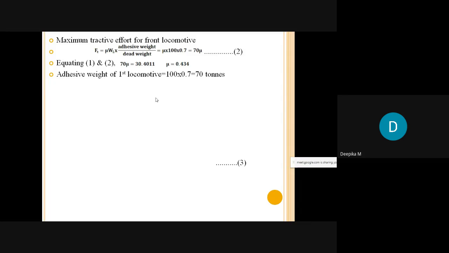So next, what is the adhesive weight of the first locomotive? Because they have told you that the adhesive weight is nothing but what? It is 70% of the dead weight of the locomotive, correct? So in the problem they have given you this thing, they have mentioned that